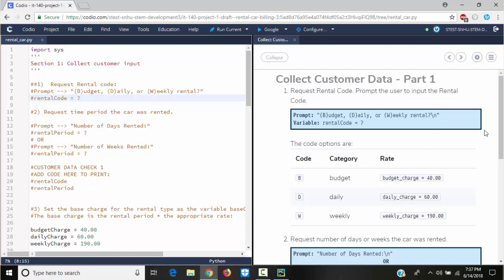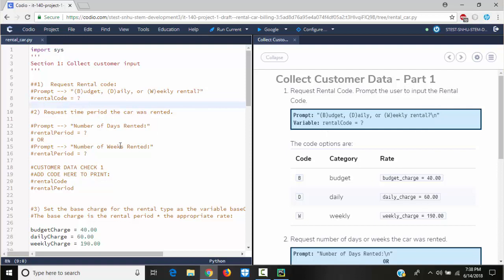So this is a great way, in the conditional statements we talked about in the previous video, just before this one, we talked about for strings. If they ask the user input and you put space, then it might mess it up. But if you put it in the new line, then there will be no need to add space. So this is a nice way of writing this. You ask the customer what kind of rental, then the customer tells you, you put it in, and it is in a new line.